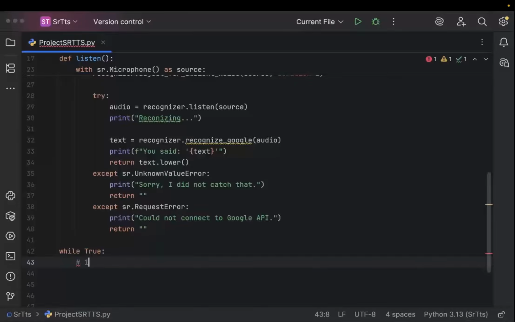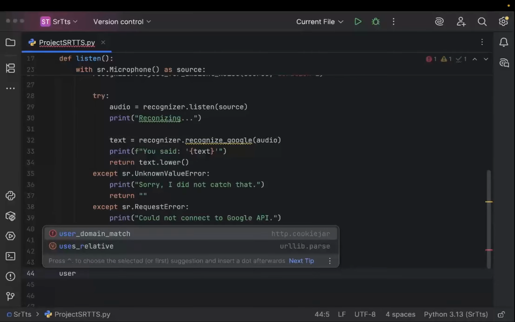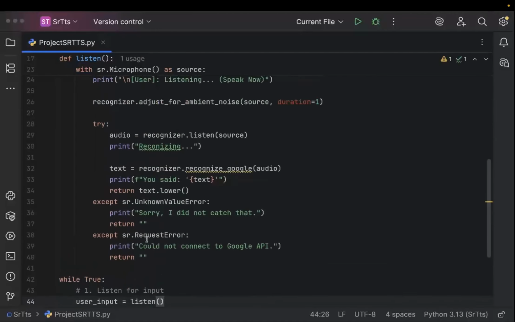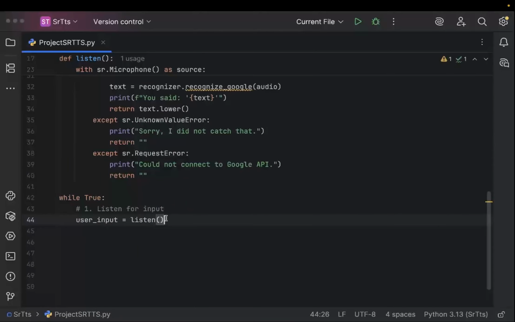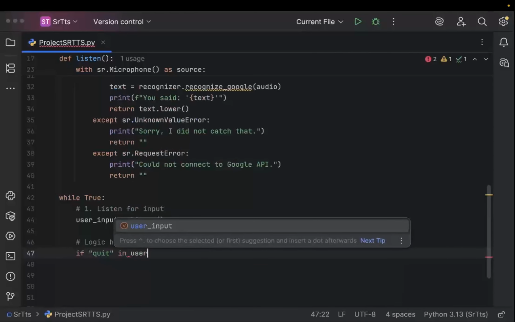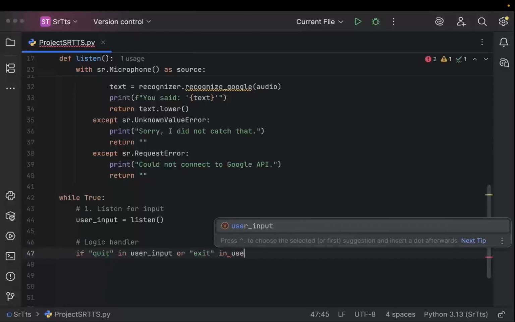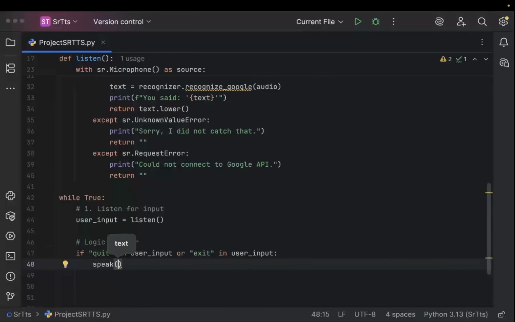So first of all, step 1 would be listen for input. So I'm going to write here user underscore input and let's call the listen method. So our program tries to listen what user tells. Then step 2 is our logic handler, and there we'll check if quit in user input, if user tells anything that has this quit word, or exit in user input. If that is the case, we'll call that speak method, and here we'll write shutting down and goodbye and just